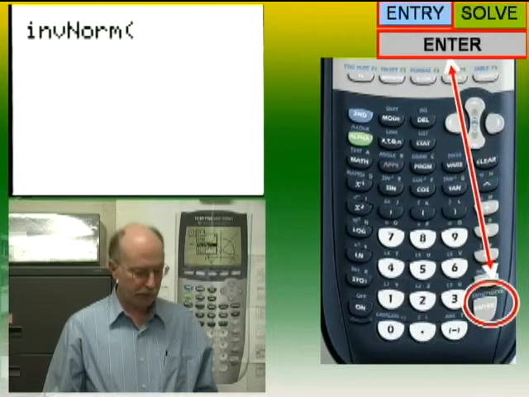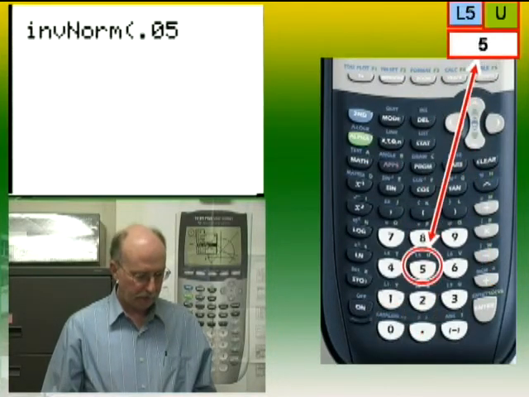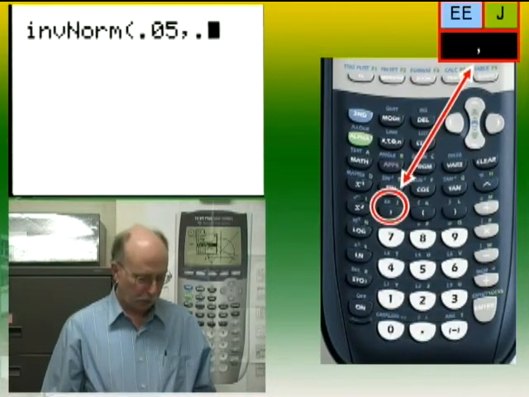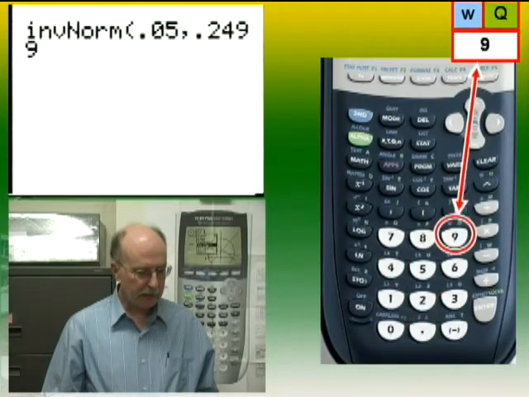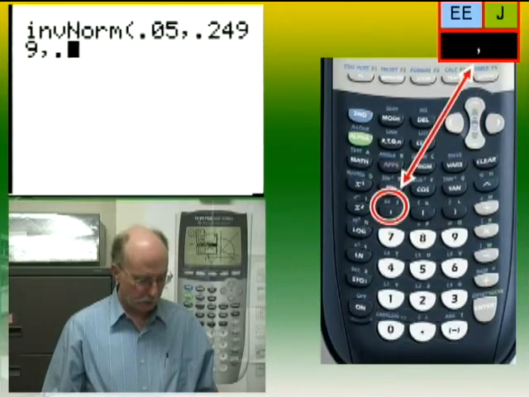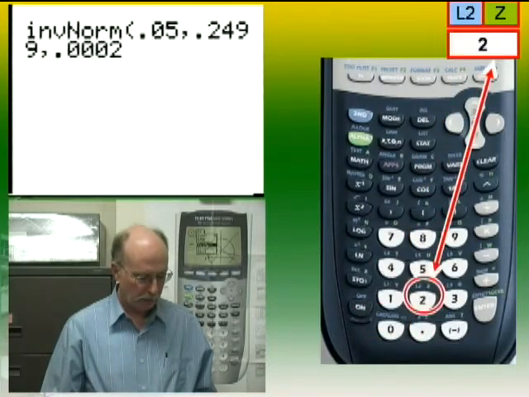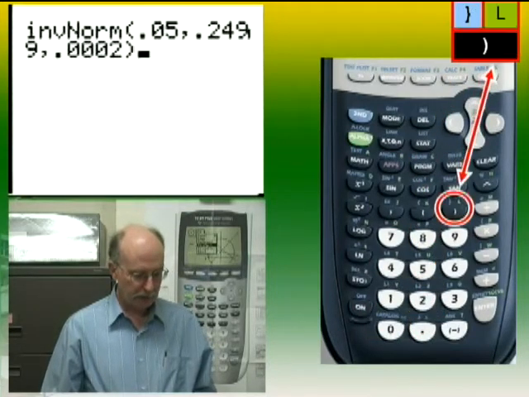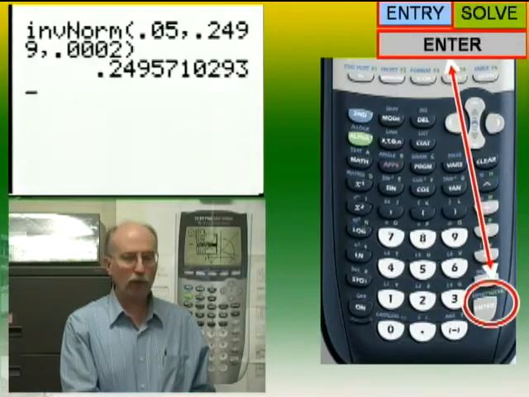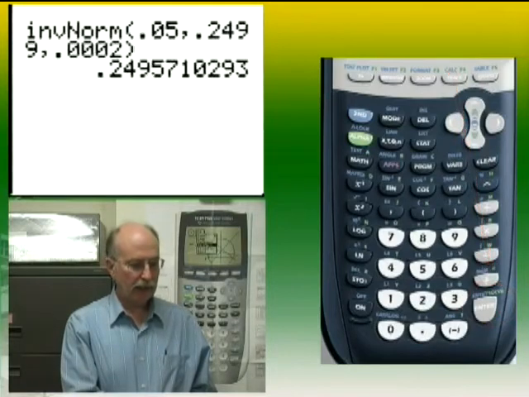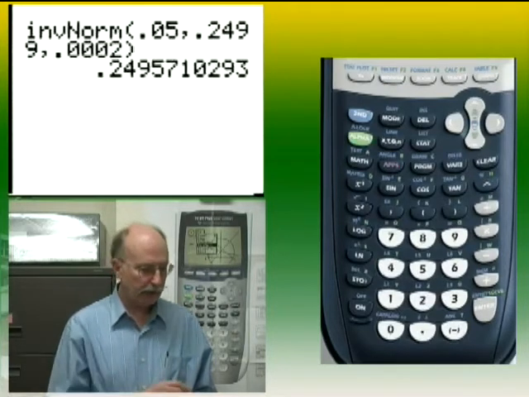So the way we do that is hit second DISTR, scroll down to number 3, the inverse normal function. We want 5% below, 0.05, comma, our mean was 0.2499, and our standard deviation was 0.0002, closing parentheses, and it says that for our process, to get 90% of them, the smallest they would be is 0.24957,